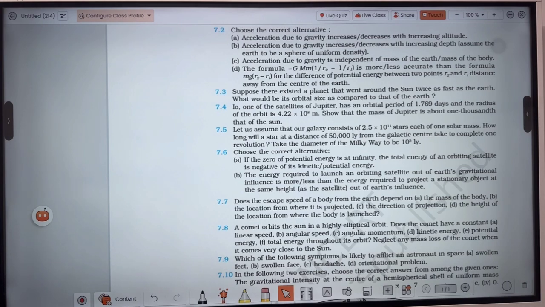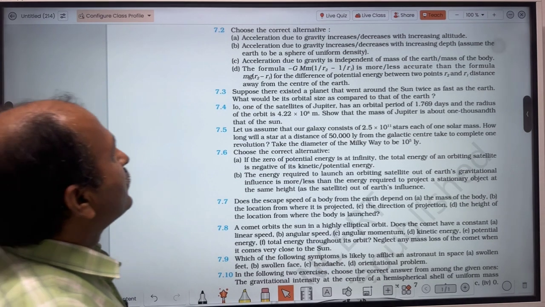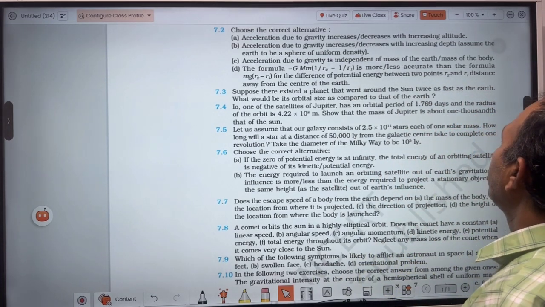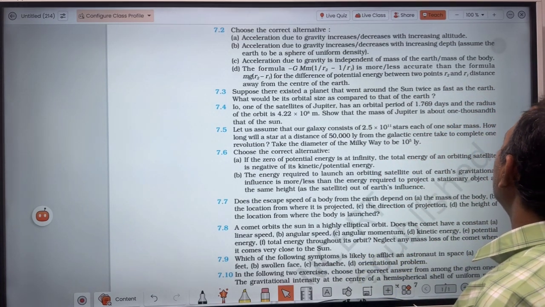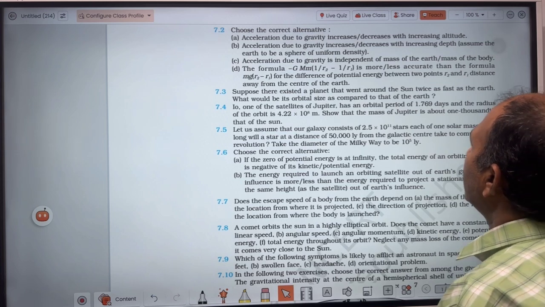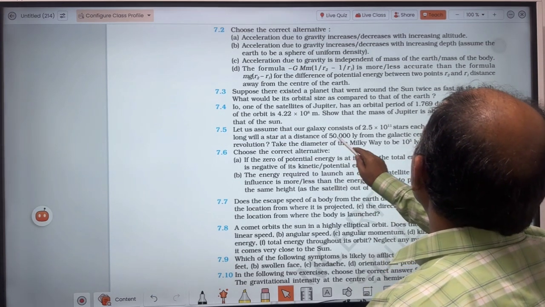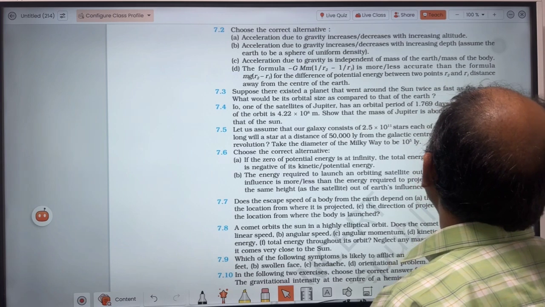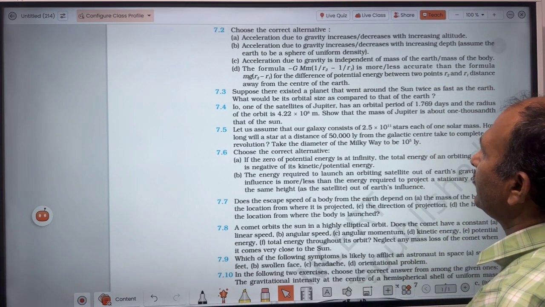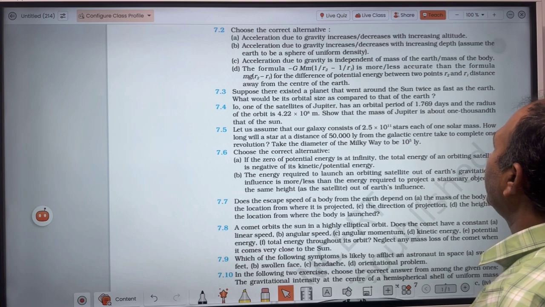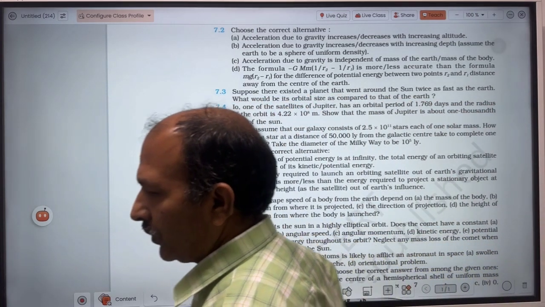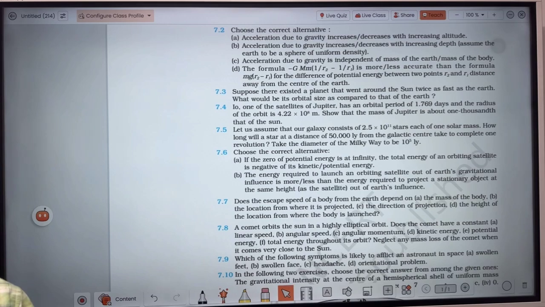Now next question. Let us assume that our galaxy consists of 2.5 into 10 power 11 stars, each of one solar mass. How long will a star at a distance of 50,000 light years from the galactic center take to complete one revolution? Take the diameter of the Milky Way to be 10 power 5 light years. So in this question,